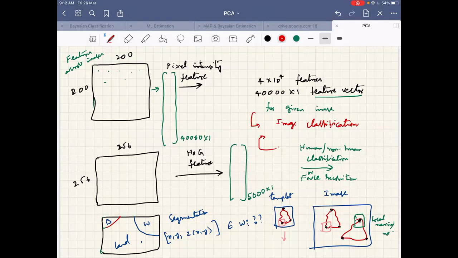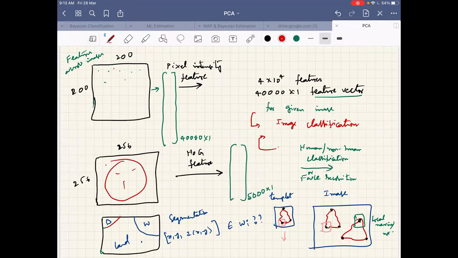But I assume that the object of interest is essentially spanning the whole image. It's not only at a particular region in the image. It's not just occupied here. It is there over the whole image, whatever may be the object of interest. Let it be a face, it can be somewhere here. So like that, it is spanning the whole image.